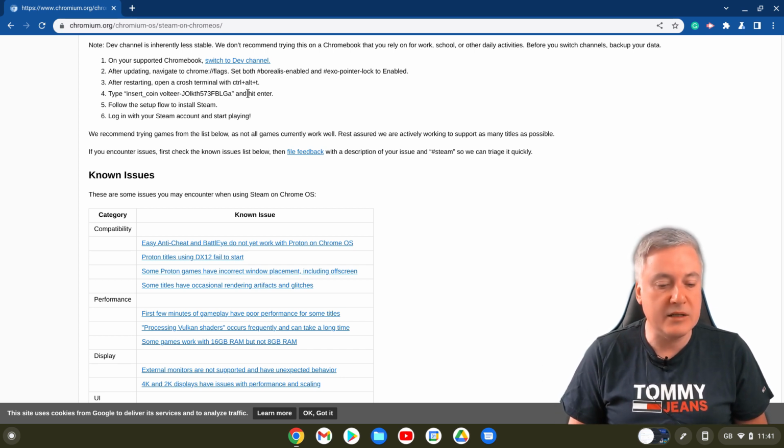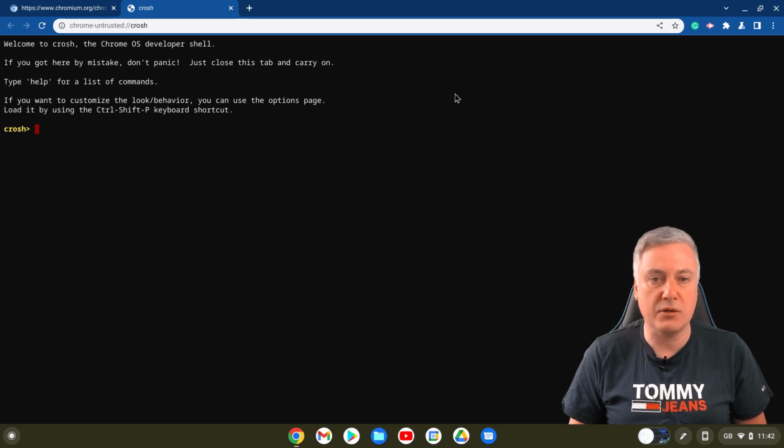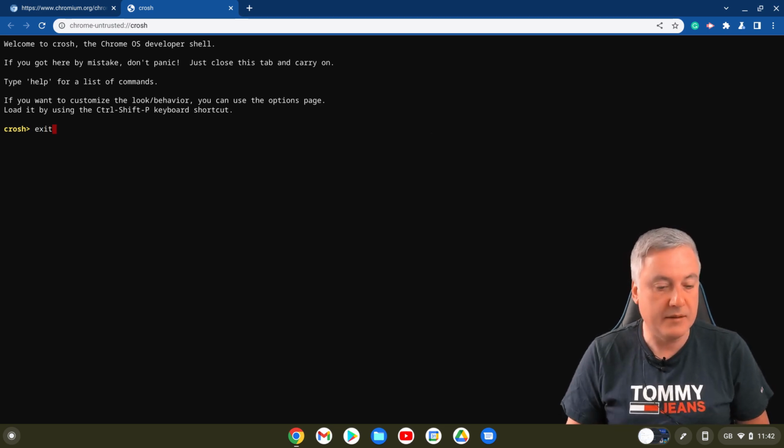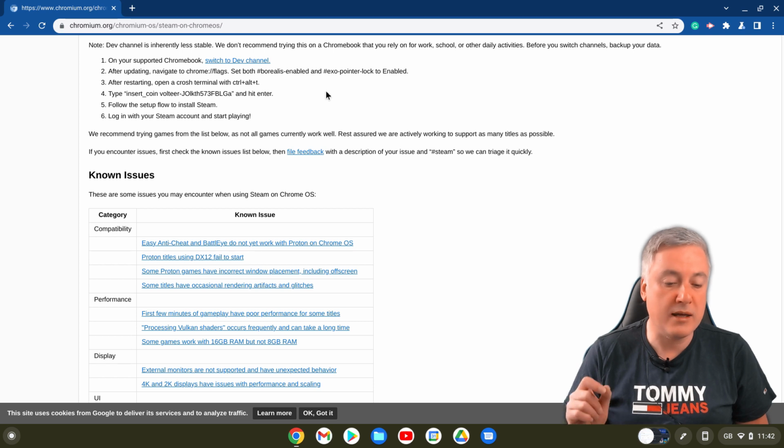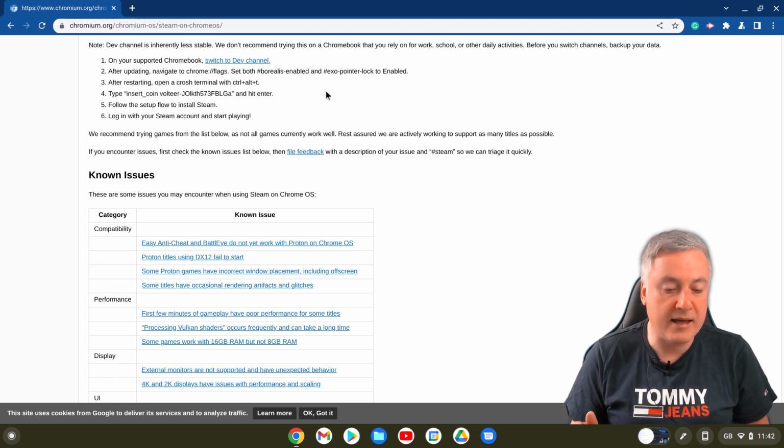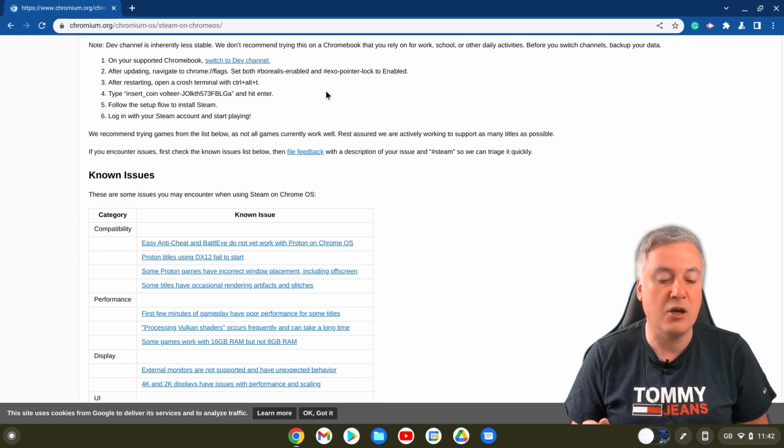Then from there, you need to open up a terminal by pressing Ctrl-Alt-T. So if I did Ctrl-Alt-T now, that's what the terminal looks like. So I'll just exit out of that. So you do that, and then once you've done that, you'd need to type in the following. Now you don't obviously type in the speech marks there, it's just what's contained within there. So it's insert_ space Voltaire hyphen capital J capital O lowercase LKTH 573 uppercase FBLG lowercase a, and you